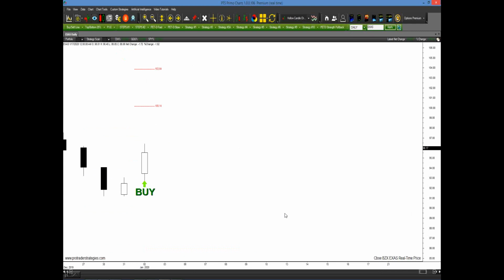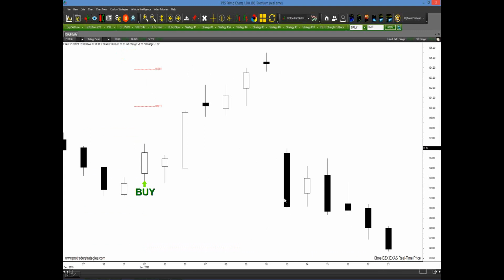Here's another example. Now, here's one I want to share with you because I don't want you to go away from this presentation thinking, well, I'll just get out at level 3 or level 4. It seems to work all the time. Not necessarily. In EXAS, we had a buy signal. We got up to the 2nd level, and then look what happened, okay? A gap down,